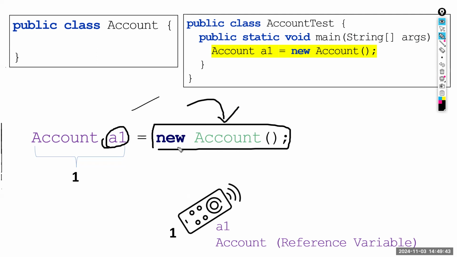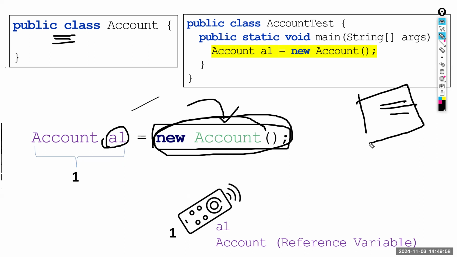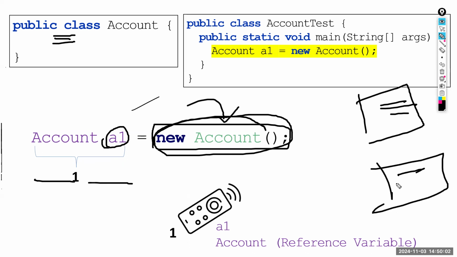This is where memory is allocated for the account object. Memory allocated means if you have any attributes here, to assign values to those attributes or instance variables, a set of memory addresses is allocated. When someone creates another account object, a different set of memory locations is allocated for that account number, balance, and so on.